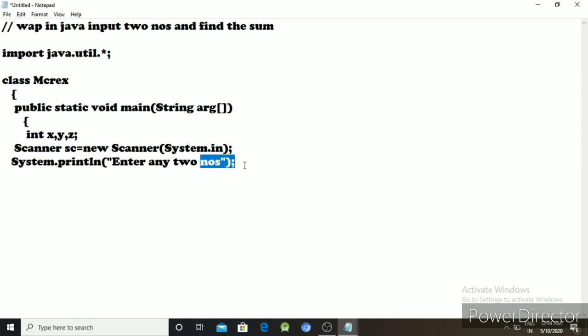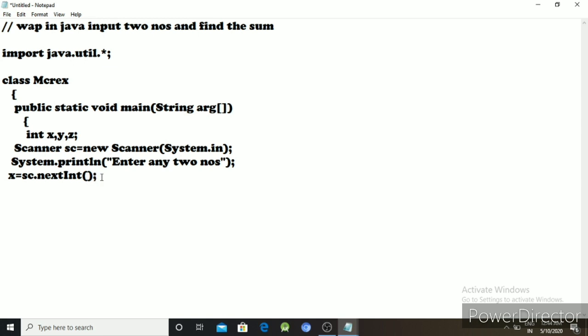Again input or read the data, so we have to use x = sc.nextInt(). That means the input data is an integer type, so you write sc, the object name, dot nextInt, to read the data.